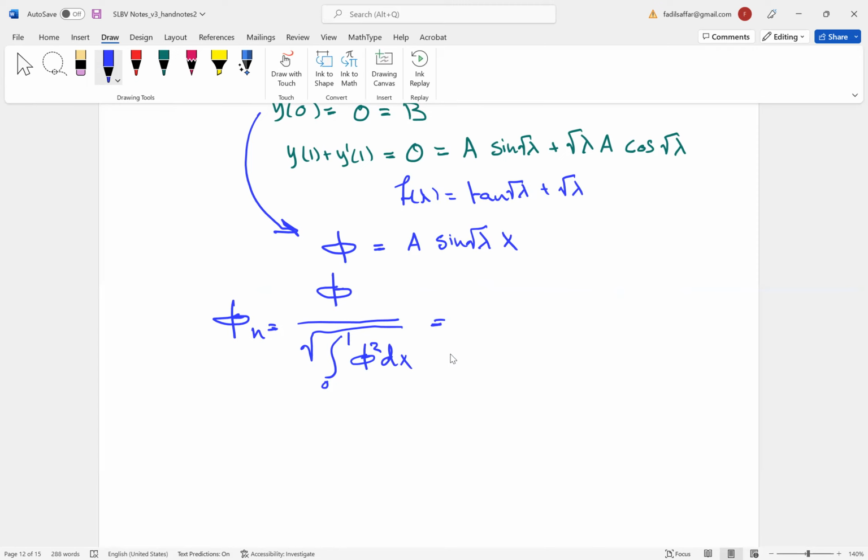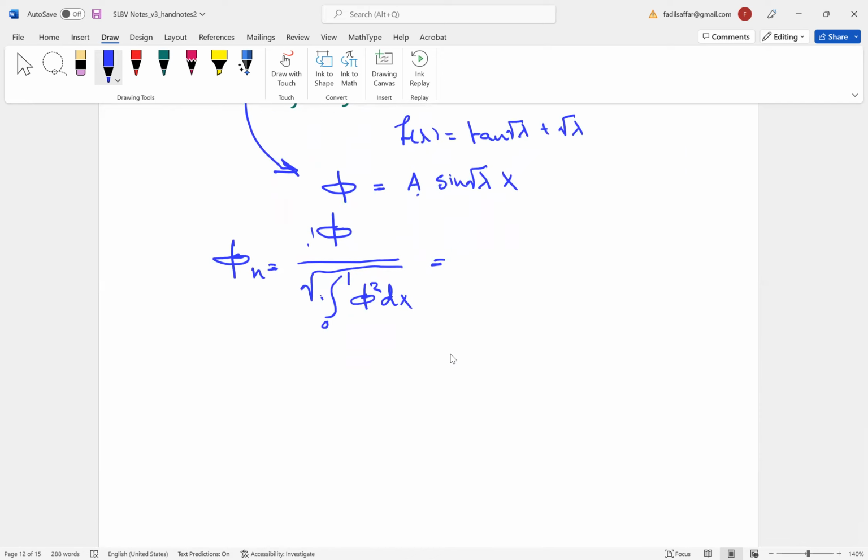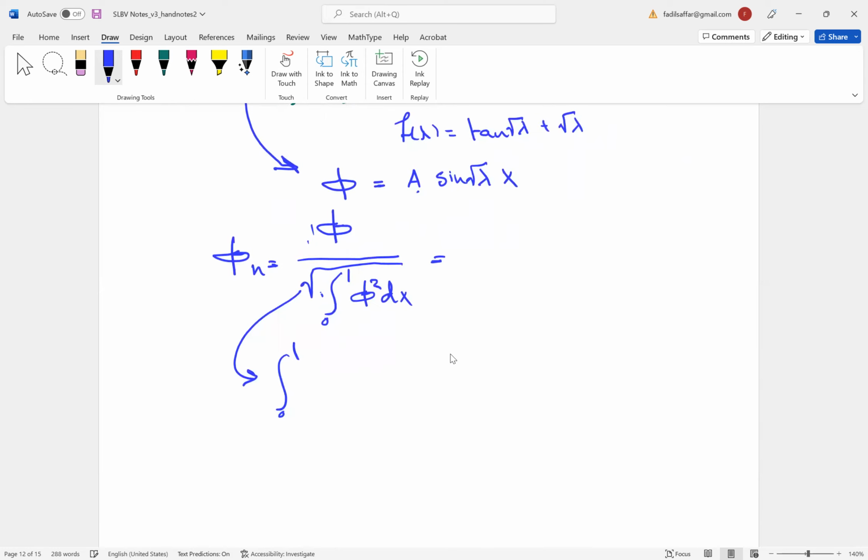Let's take this part aside. Here I just want to highlight that we have a here, and this a would cancel on the top and lower side, so I won't write a, but I want to analyze just the integral. So we have sine